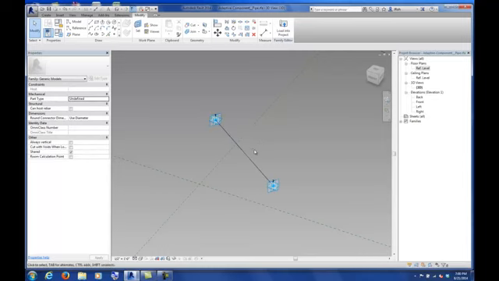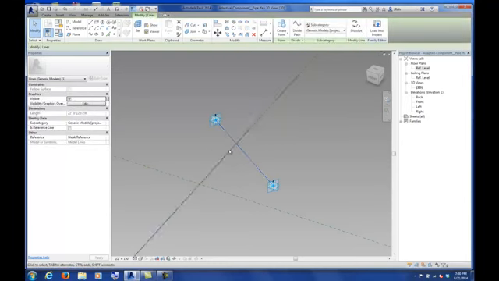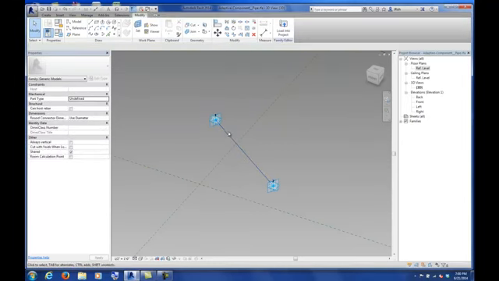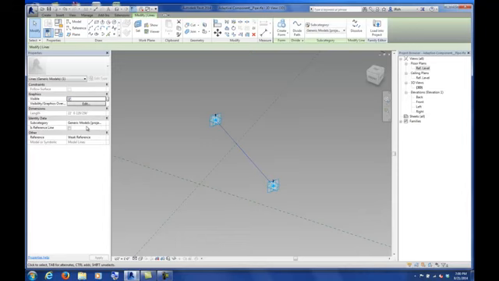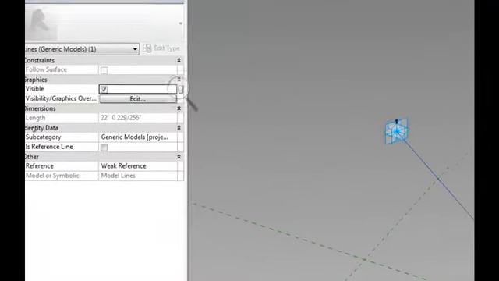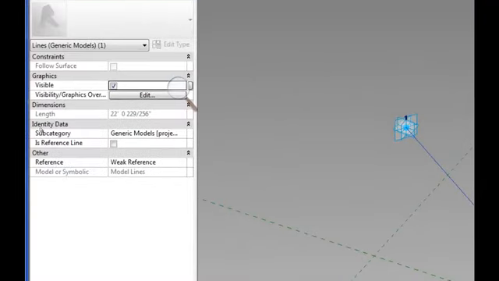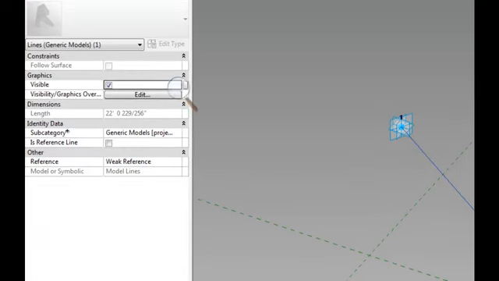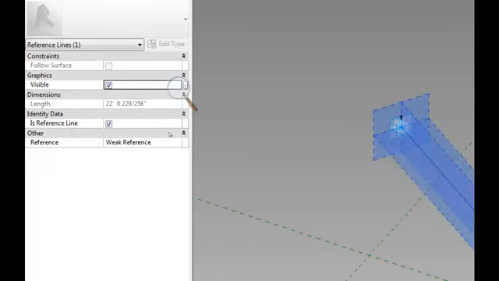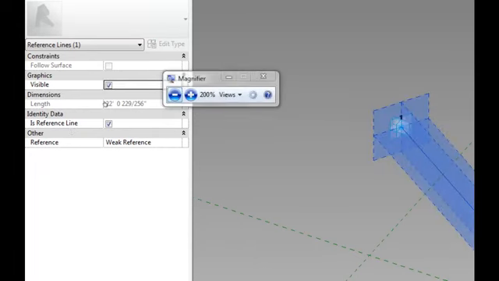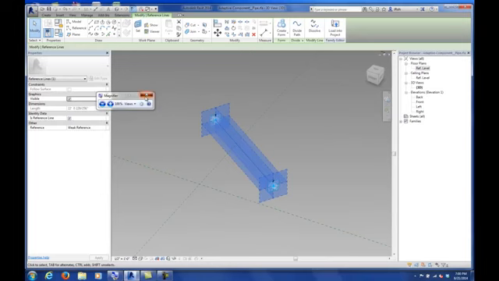Next thing I'm going to do is left click on this black line. This is called a model line. But when I left click on it, if I look to the left in my properties dialog box, there is this command called is reference line, and there's a little toggle button. I can change my line to be a model line, or if I check that button, I can turn it into a reference line. We want to turn it into a reference line, and what that does, you can kind of see here highlighted,